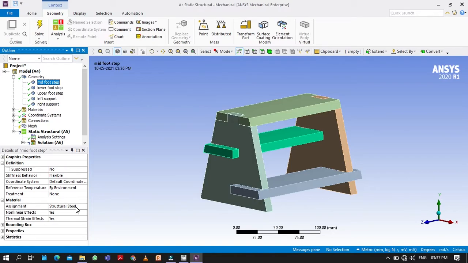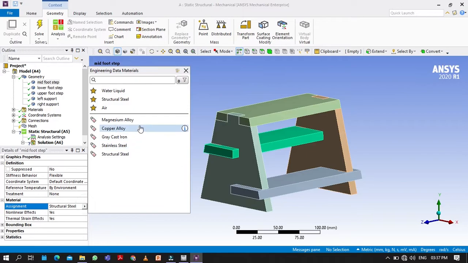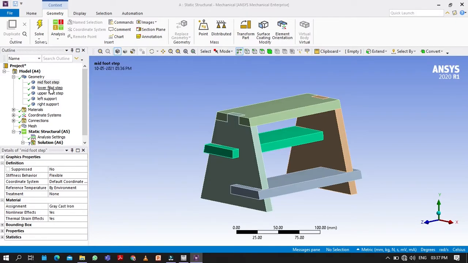So in this material assignment section, click on any one, whichever material you want. So I want all these footsteps made of grey cast iron. So I will click on this mid footstep. Similarly lower footstep, I will assign this grey cast iron, and similarly upper footstep I will assign this grey cast iron.